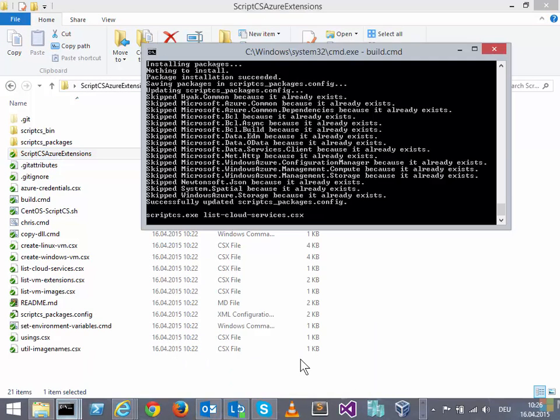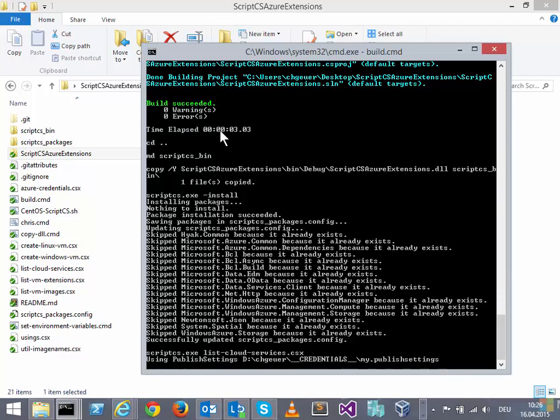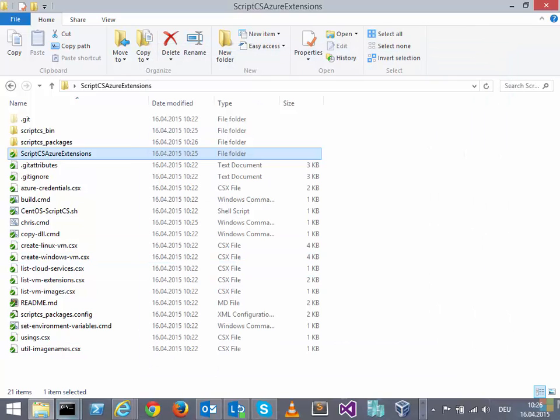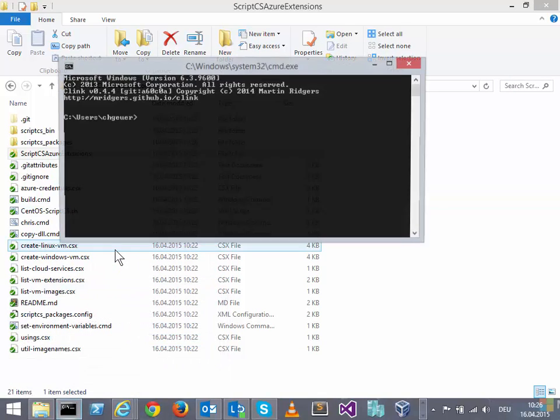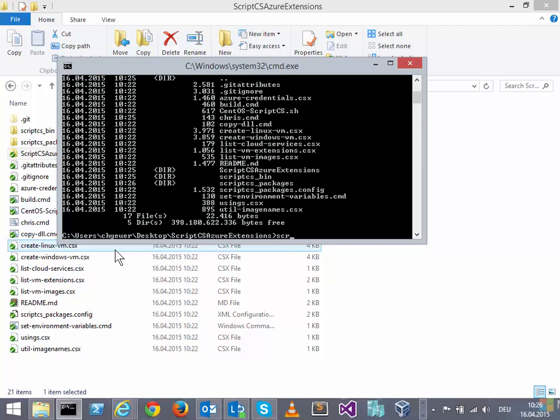Right, where's my command prompt where all the magic happens? Okay. So the compilation and everything already worked, and down here I already called ScriptCS.exe with one of my scripts called list cloud services. You can see it's using my publish settings from, oh, wrong path. Apparently I didn't restart this command prompt. So let me close all command prompts, start a new one, go to my desktop to the ScriptCS folder, and run